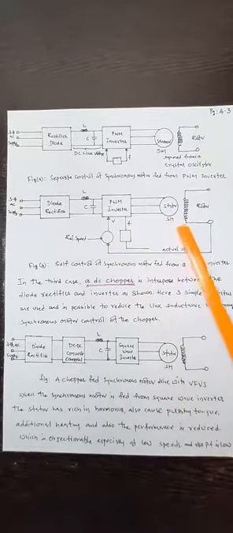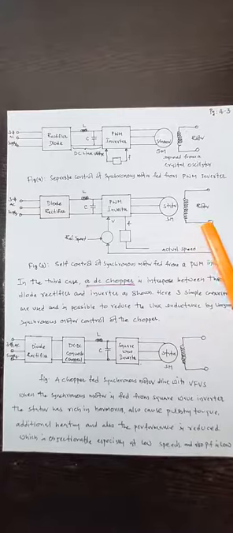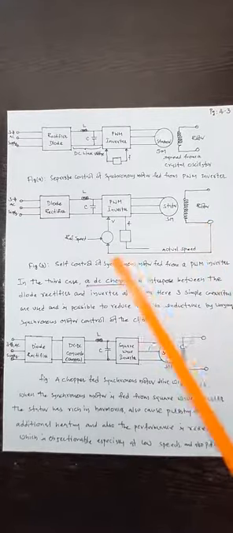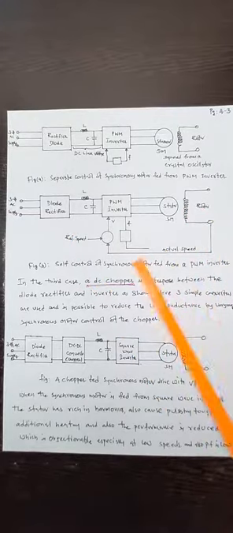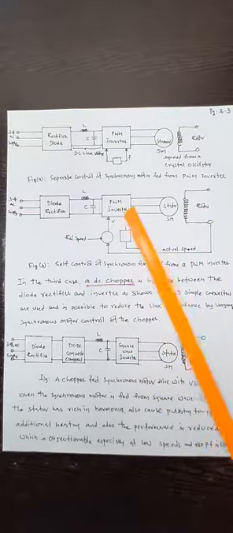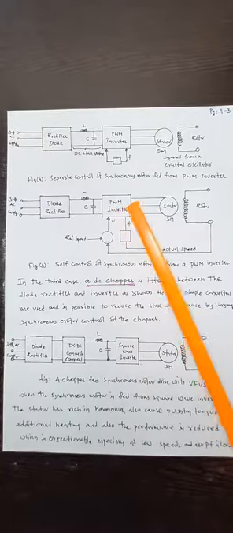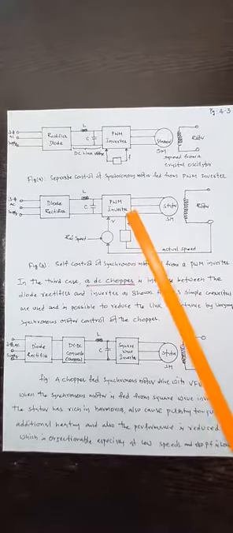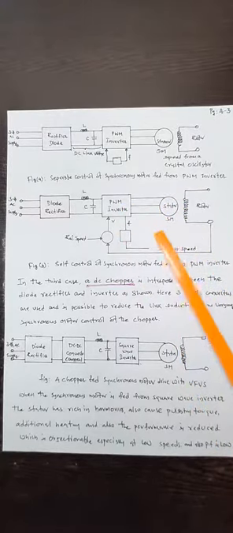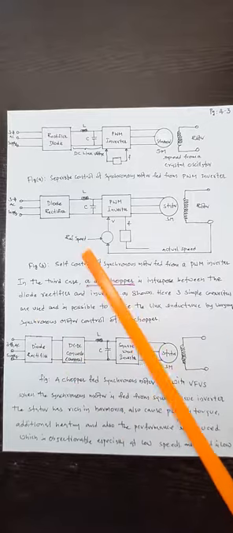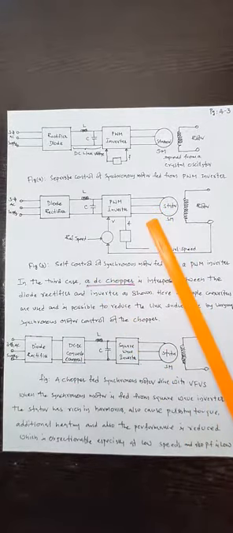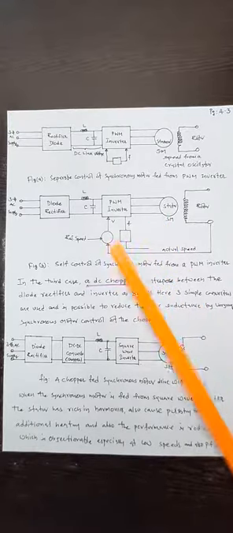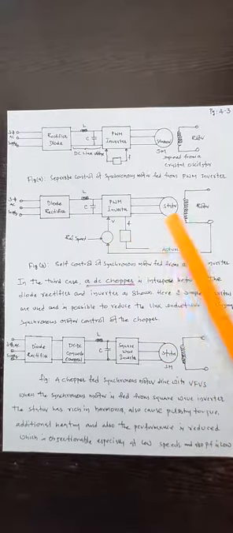So closed loop is used when we go for constant speed operations only. When the speed deviates, this will be changed, because the reference speed is always fixed. That is always compared with the actual speed, and any error is used to modify the control of the PWM inverter frequency. Otherwise, the time period has to be changed with the frequency. So this is the scheme, and it is somewhat better. It has a provision for changing the speed from zero to its maximum or desired speeds.